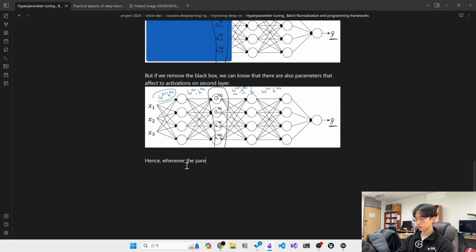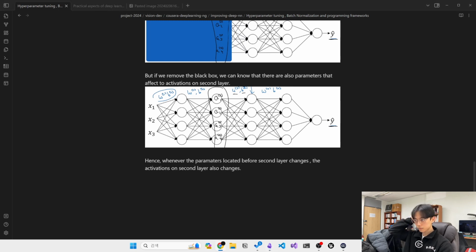So from the perspective of the third hidden layer, these hidden unit values are changing all the time, and so it's suffering from the problem of covariance shift that we talked about on the previous slide. So what batch norm does is it reduces